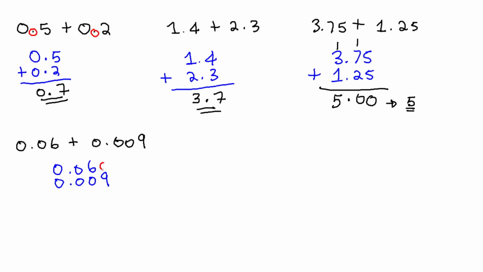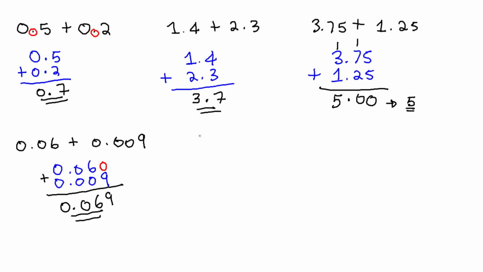So let's match this decimal place. Let's add a 0 to match decimal places. Now we can add these two decimals. 0 plus 9 will be 9. 0 plus 6 will be 6. 0 plus 0 is 0. Now align your decimal point, and your final answer is